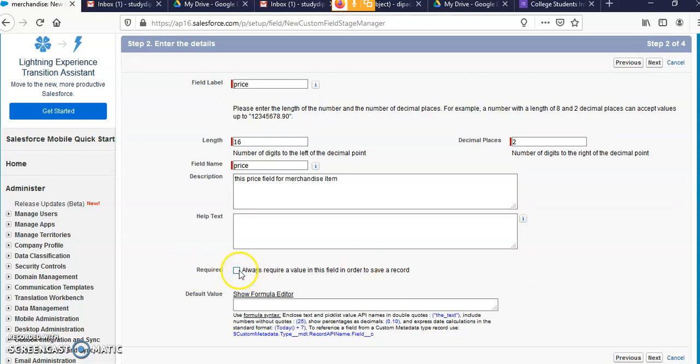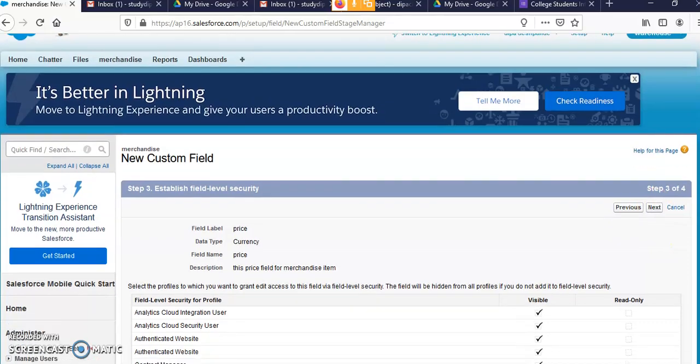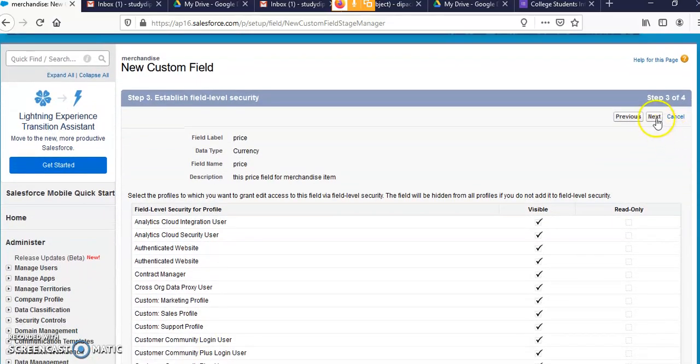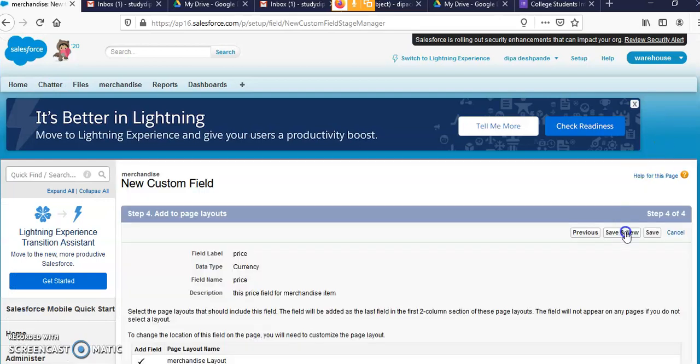Click on Always Require and Next. By default you can allow. Again I want to add one more field, Save and New.